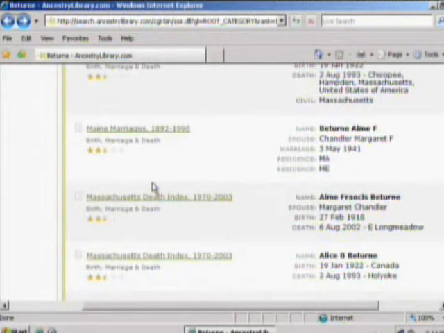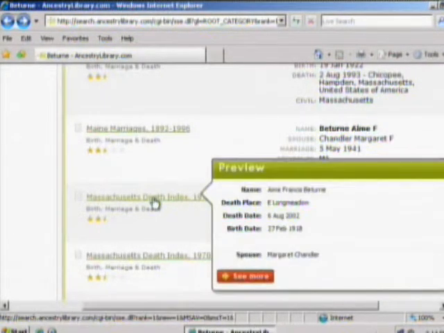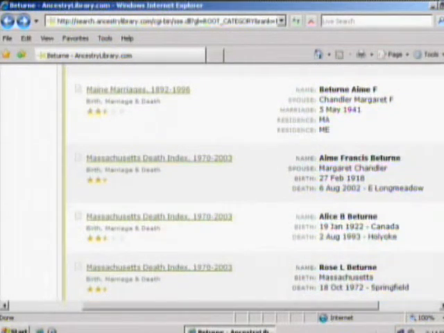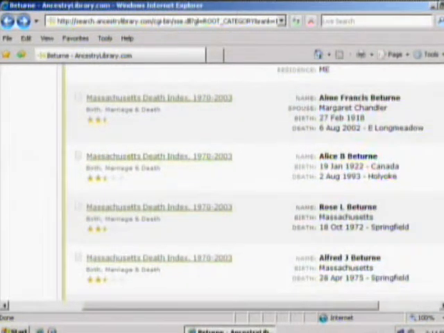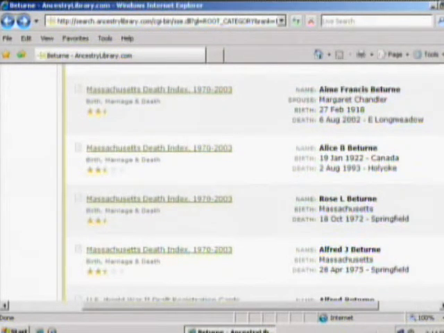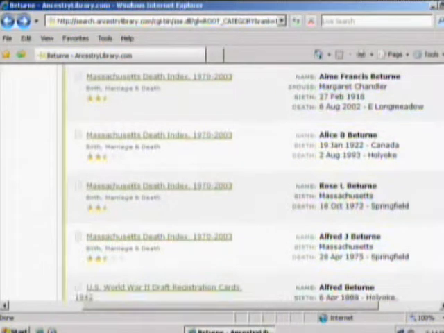Also, the states have their own death indexes. So here's the death index for both of my grandparents. From these records, you're going to get a lot of information that's going to take you back either one generation, or it might give you some information in the same generation that's definitely going to be